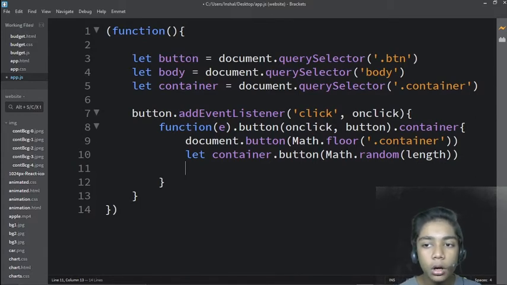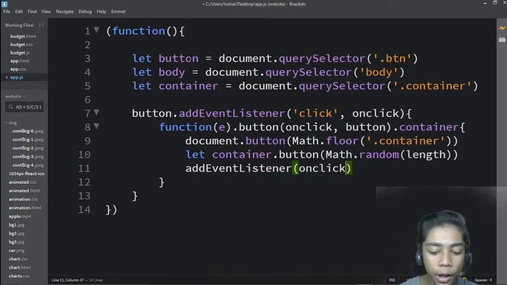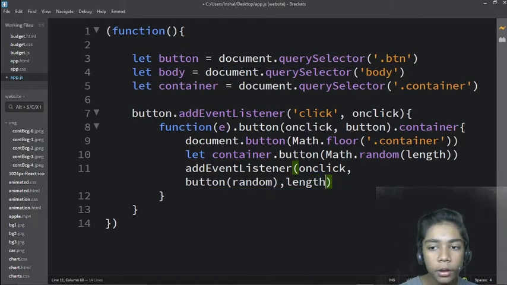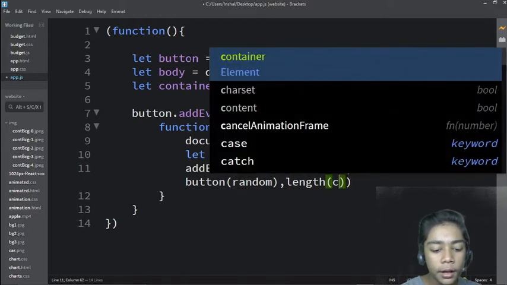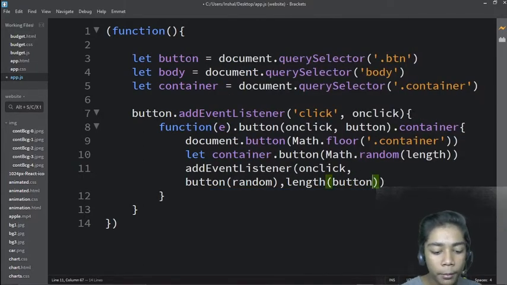So now when you've done that all, you have to come again, and here I will define another thing which is called addEventListener. So I will write addEventListener, and now in this addEventListener I will define my onclick function with my button tag and random, okay, over here. Now just write length tag over here, because we have to define our length which we are writing. So I will write button again, which should be comma function, okay. Spelling is incorrect, so I will write function. So now it is good.